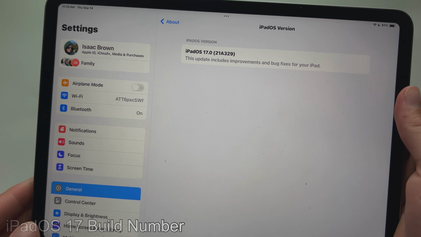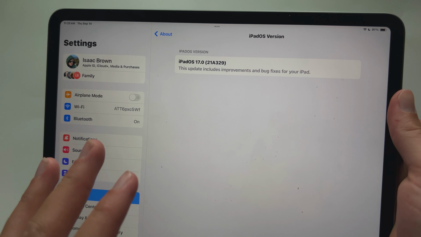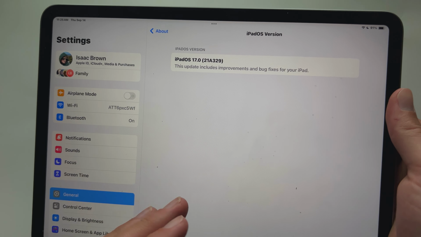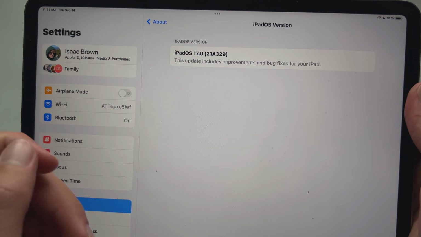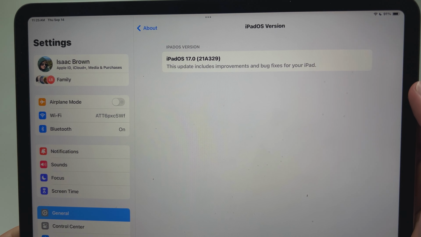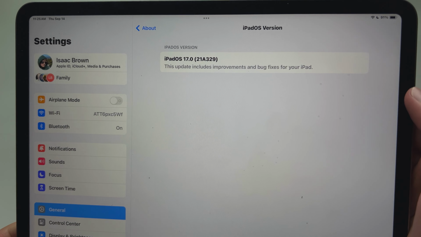Alright, so the first thing we're going to do is look at our build number here. This should be the same build number that it's inside of iOS 17, so just keep that in mind. But our build number for iPadOS 17 is 21A329. And you'll notice it does not actually end in a letter, which means this is the final version